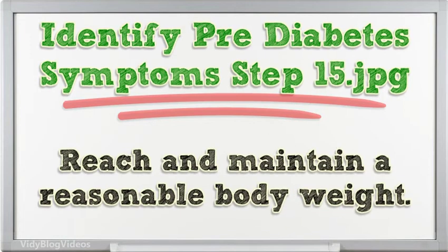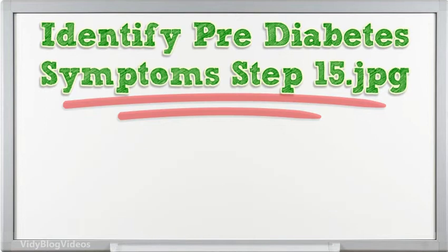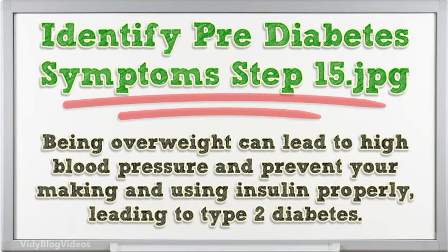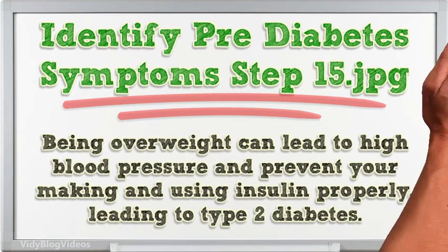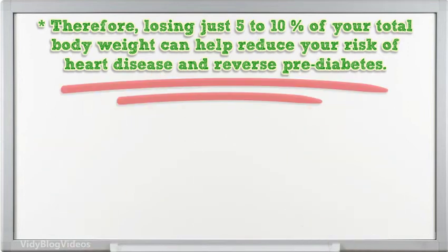Reach and maintain a reasonable body weight. Your weight affects your health in many ways. Being overweight can lead to high blood pressure and prevent your making and using insulin properly, leading to type 2 diabetes. Therefore, losing just 5 to 10% of your total body weight can help reduce your risk of heart disease